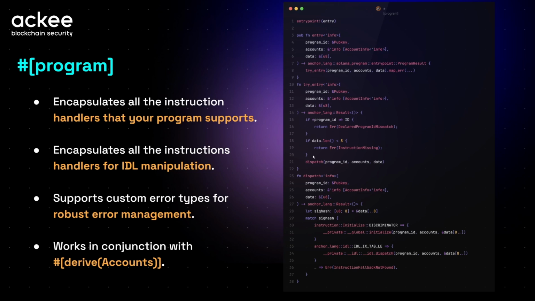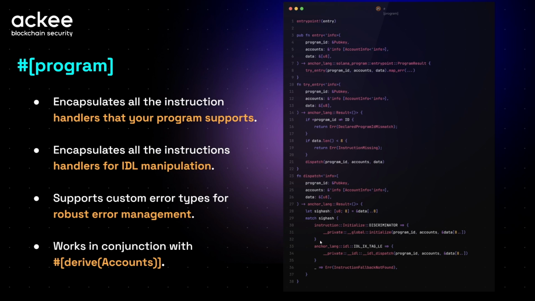But let's not just jump into the future. If these checks pass, then we call the dispatch, and this dispatch function actually handles multiple instructions. You can see on the first line we define the sighash variable, which is actually the first 8 bytes of the instruction data byte array. Here is the input, and based on the sighash the program handles the instructions. This logic is again completely derived and specified by the Anchor framework.